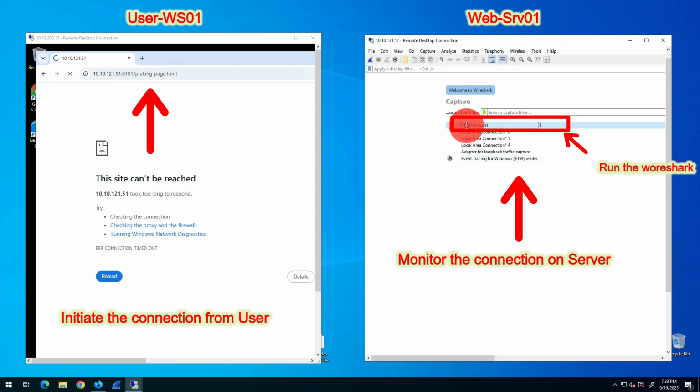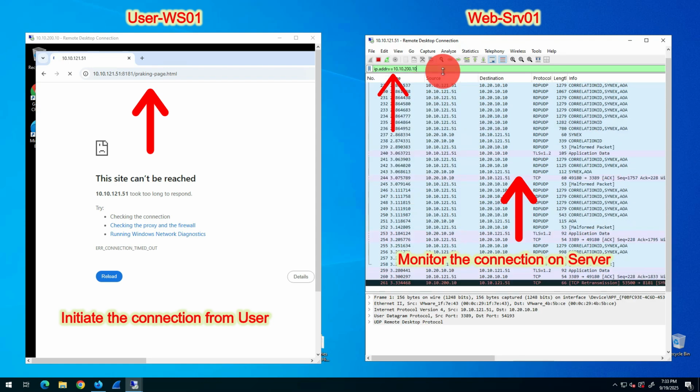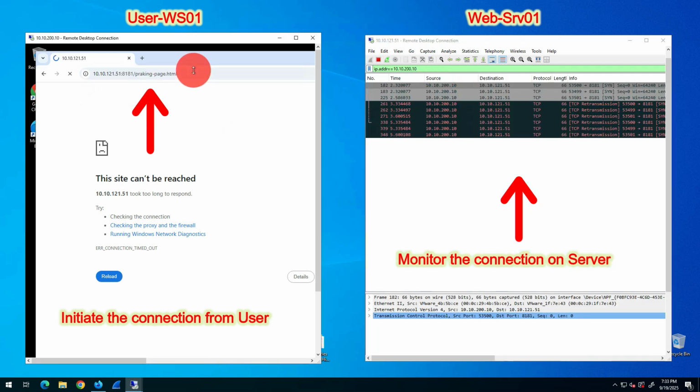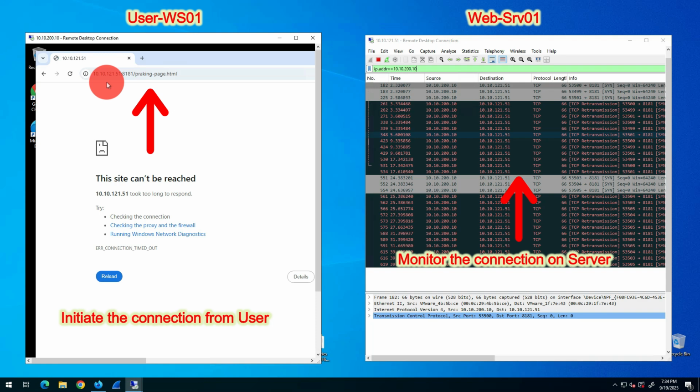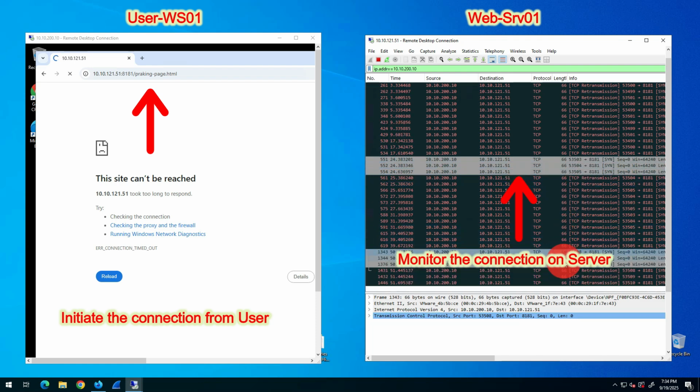First, run Wireshark on the server and apply a display filter using the client workstation IP address. Then initiate the web request from the client machine using the client browser and monitor Wireshark. Yes, the request is landing because we can see the TCP SYN packet, but there is no SYN-ACK response from